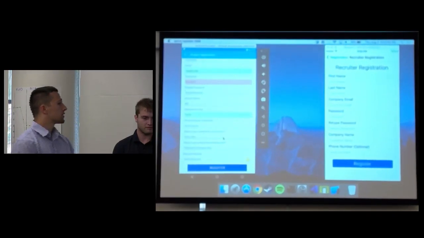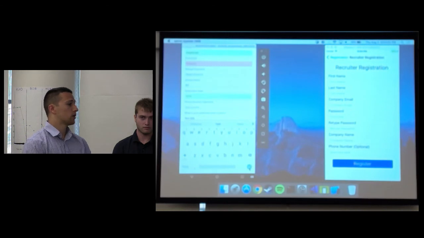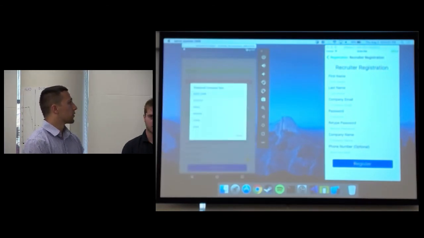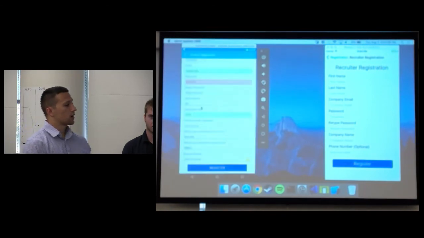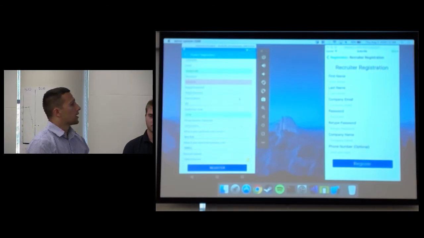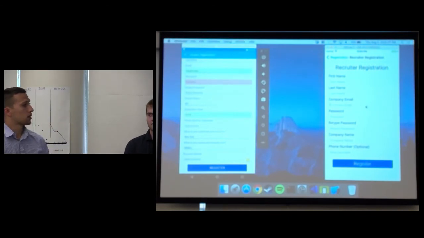Some other preferences they could enter are job work location, depending on if they want to work in New York. Another one is company size. We have startups. These are just categories for each company, what kind of company they want to work for. And then on the right side, you have the recruiter registration, which is almost the same fields,